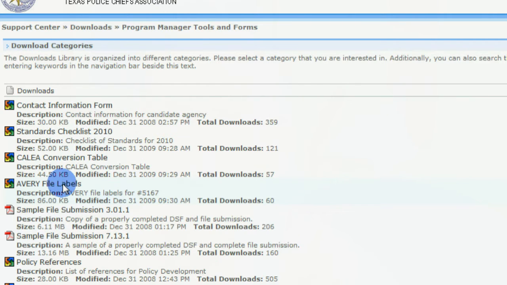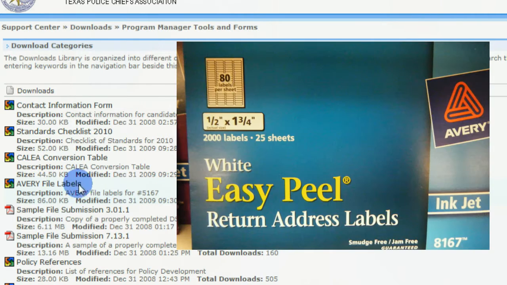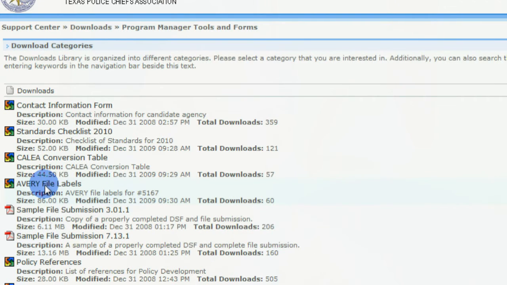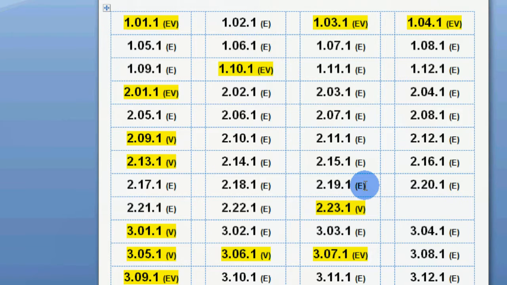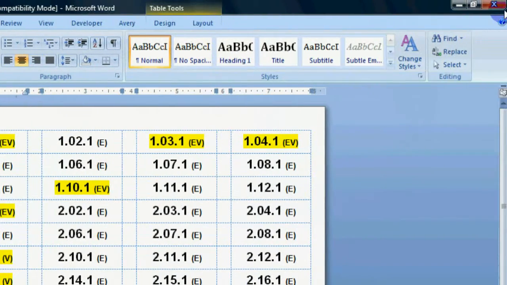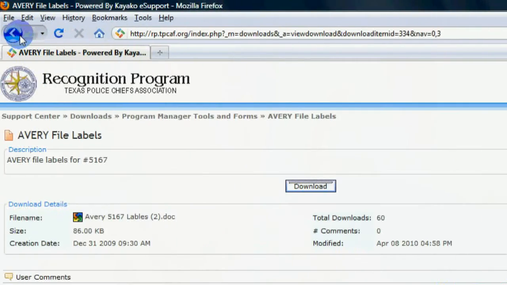So in creating those file folders, it's sometimes difficult to get somebody to sit down and make labels for them. If you go to the office supply store and get Avery label 5167 or 8167, the same size, you can download this file, open it up, hit download, open, and then just put the labels in the printer and hit print, and all of your labels are done for you without much effort. So that's an easy way to set up your